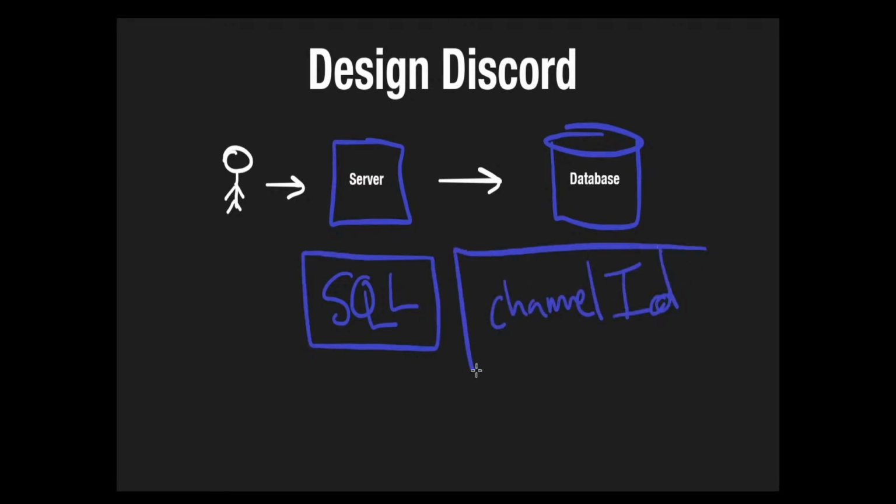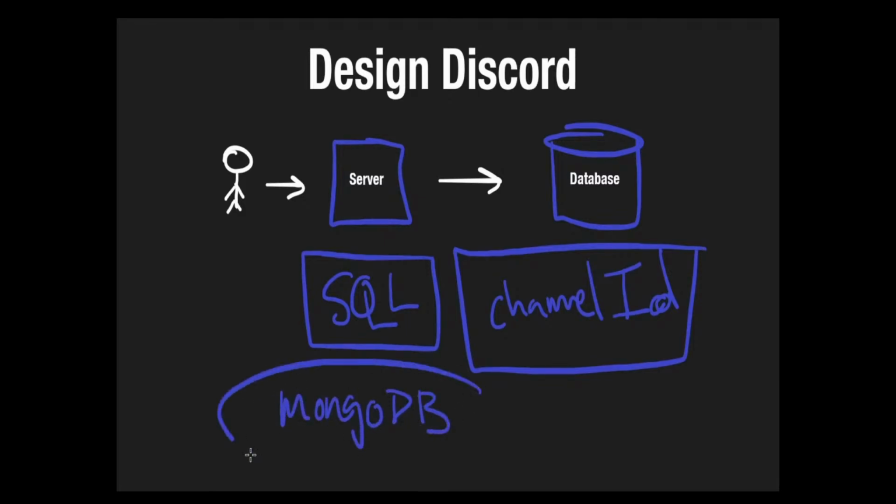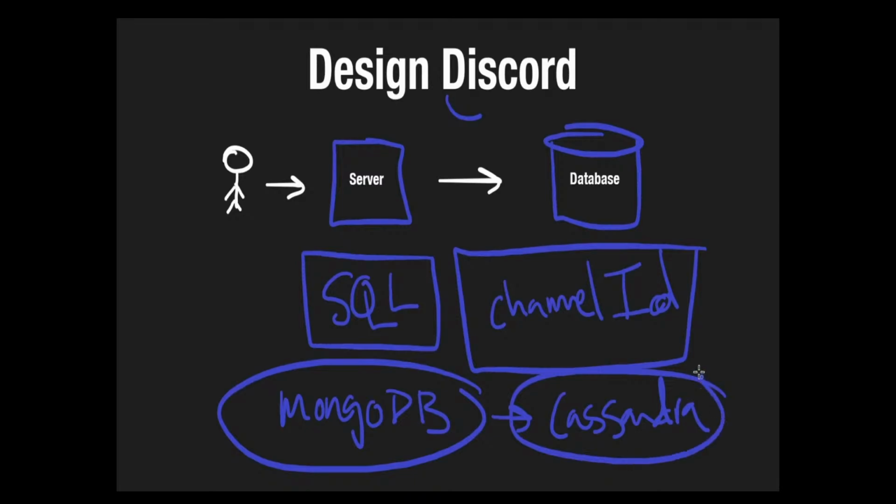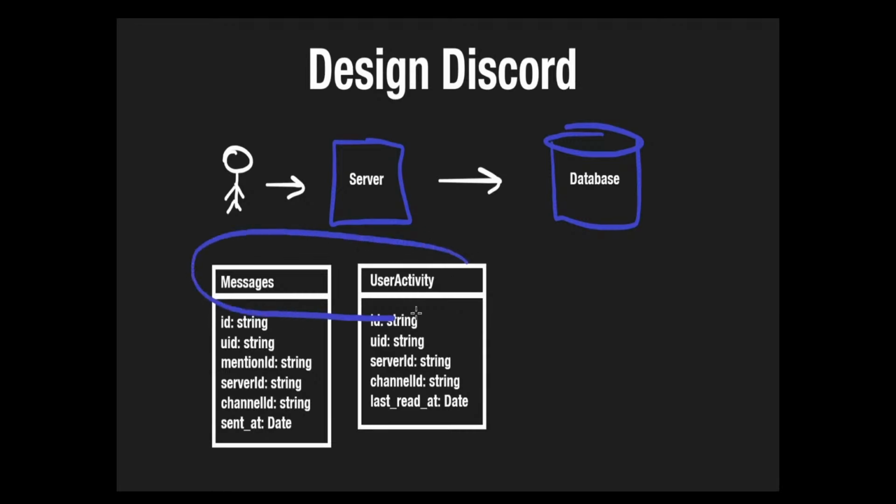We can use the channel ID, but I'll also discuss how we could do things with a non-relational database, something like MongoDB, which is actually what Discord was originally using, and eventually they migrated to another NoSQL database called Cassandra, which gave them a lot of flexibility on how they wanted to partition their data, and we'll briefly discuss that as well. So a couple of the most important tables we could store in our database is of course